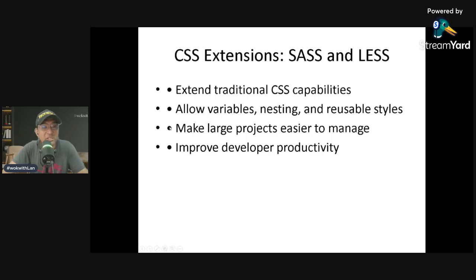Nowadays there are extensions in CSS, Cascading Style Sheets. These are Sass and Less. As websites grew larger, managing CSS became difficult. Developers introduced CSS preprocessors like Sass and Less. These tools extend CSS by adding powerful features such as variables, nesting, reusable functions, better code organization.